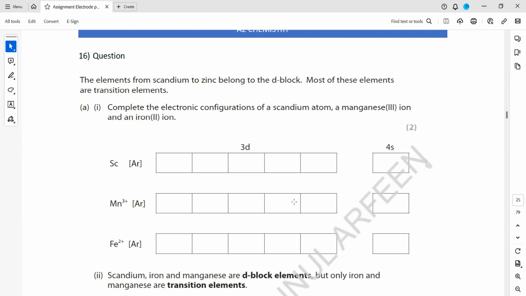Scandium is there. The elements from scandium to zinc belong to the d block. Most of these elements are transition metals. Complete the electronic configuration for the scandium atom, the manganese 3 ion and the iron 2 ion. Till argon it is the same. And then for scandium, when you check the periodic table,